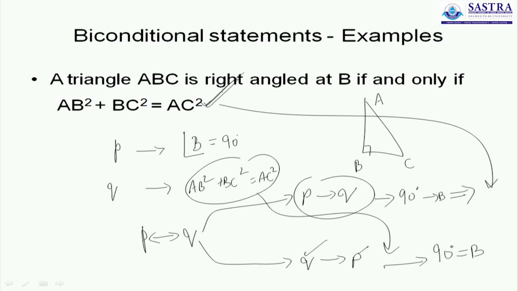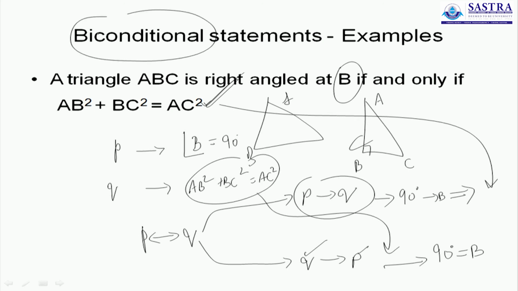Conversely, for any triangle for which you observe this pattern, the corresponding angle at the center will always be a right angle. So that is an example for a biconditional statement. It's true both ways. Or it's false when both are false, it's still false. Because if some triangle is not right angled, let's say a triangle like this, ABC, then you will not see this observation. Square of AB and square of BC will not give you the square of AC. That won't be observed. That's like an established truth, and that is the best example we could discuss at the moment for a biconditional statement.